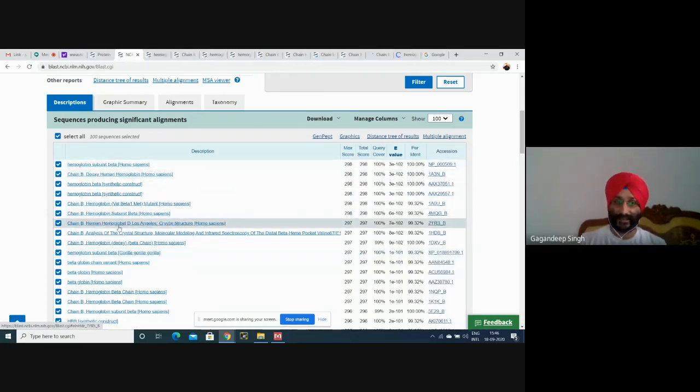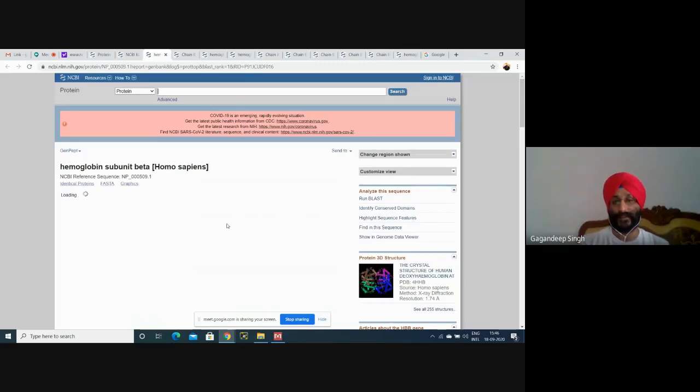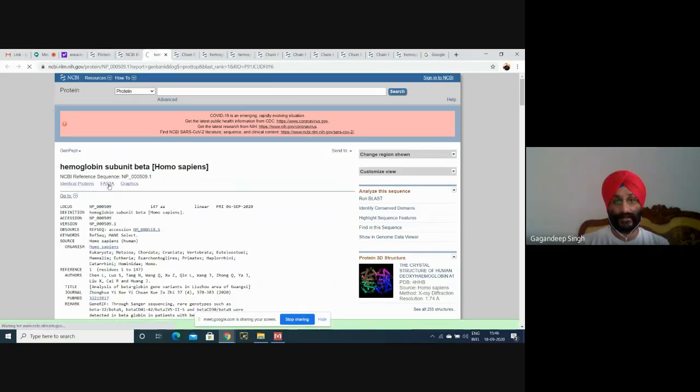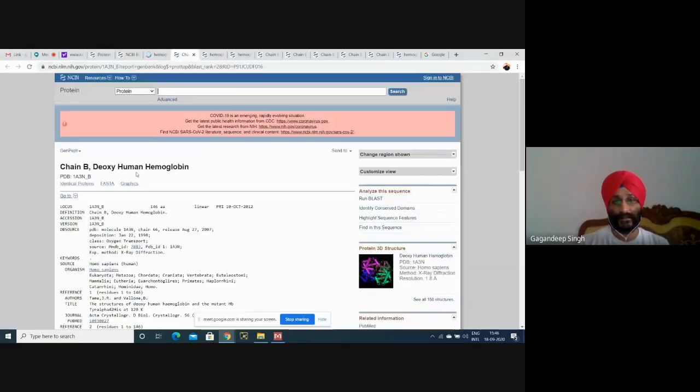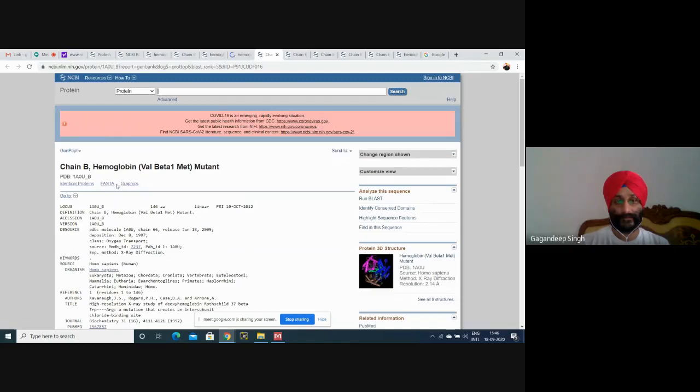These are the related sequences. Why I have selected these sequences? Because among these sequences, here we can see 100% similarity. Okay, I'll teach you again, no problem. Means I'll show you. Here, FASTA sequence. Click FASTA on every sequence. FASTA, then FASTA, just click on FASTA for each sequence that we have selected.